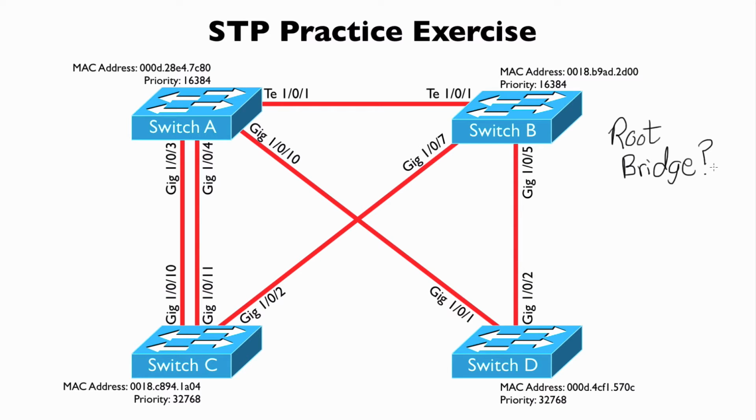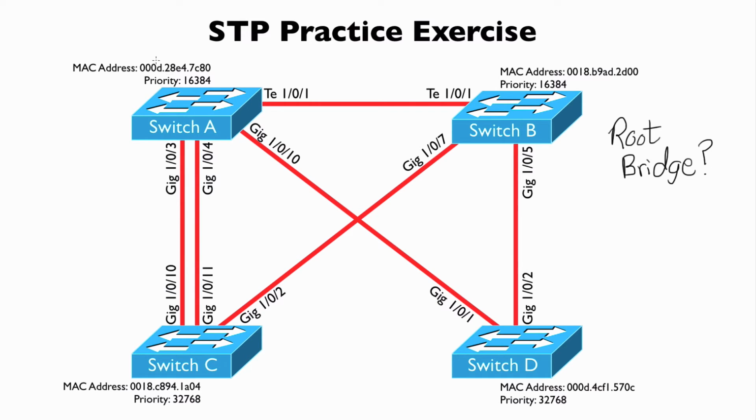So first, let's look at the bridge priorities. And you'll notice that both switches A and B have the same priority, and they're lower than the priorities on C and D. A and B have a priority of 16,384. C and D have a priority of 32,768. So we know that the root bridge is going to be either A or B. As the tiebreaker, we look to the MAC address. Which is lower,